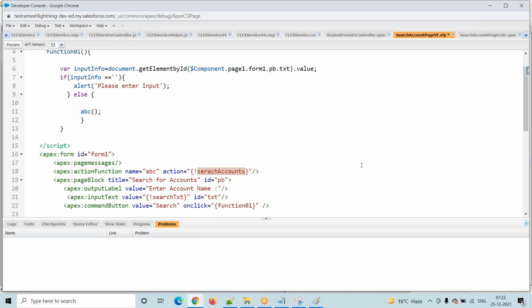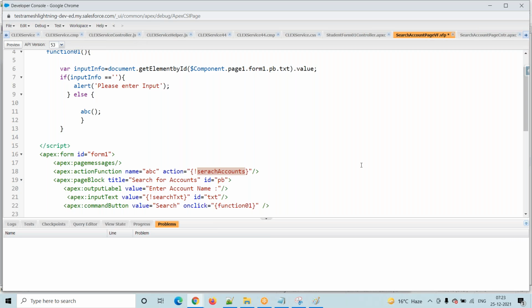So finally, why we are writing the JavaScript here is nothing but we are performing validation. Simple validations we are checking. Simple validation in the sense, you are entering data or not. That we are checking. If we do not enter any data, then I am throwing an error message here. How we are throwing? By using alert boxes. If we enter data, then what am I doing? I am passing your text box text, whatever text you entered, into the apex method. So for this purpose, we are calling action function here.